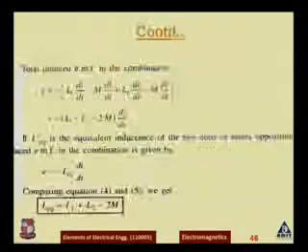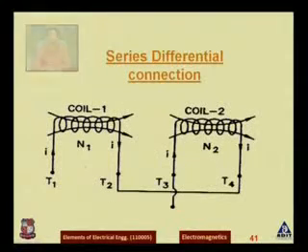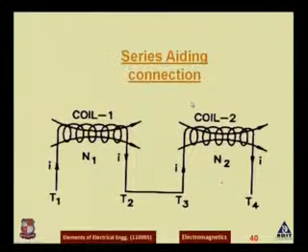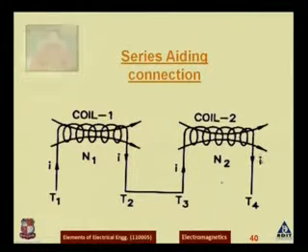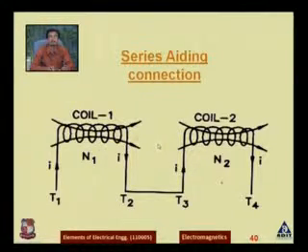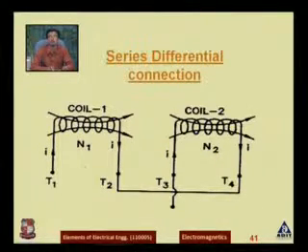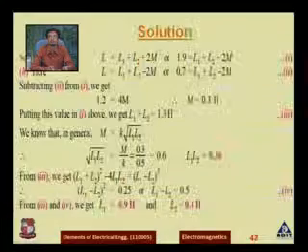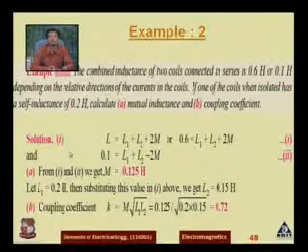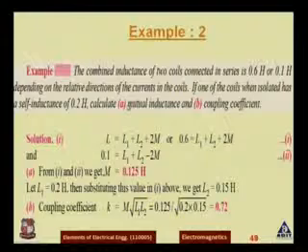So now you can see the previous figure and understand that we have solved one numerical. In that numerical, we did not know the value of L1 and L2, so we connected them in series. We first saw that if they are connected in series by an aiding connection, what will be the answer? And we have also seen that if the differential connection is there, then what will be the answer? So we have got the answers L1 and L2. Now we will see another numerical.